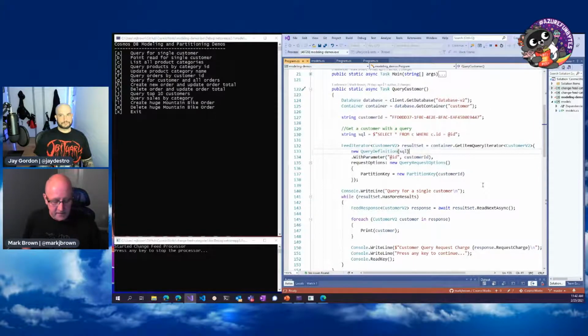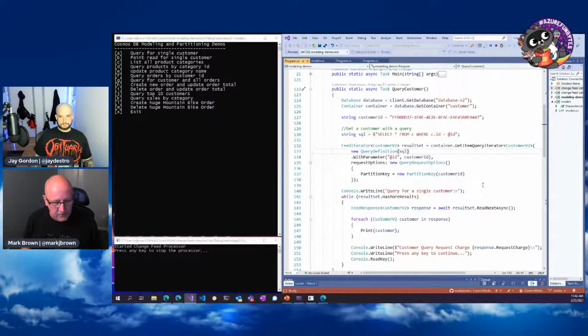For things like Cosmos DB, if I can tell you what server that data is sitting on, then I don't have to hit every single server in my database to find the data I'm looking for. Here's a key thing that new users don't understand when you're measuring the performance of this: if I don't pass in a partition key, it's going to be more expensive. It's going to cost more RU.